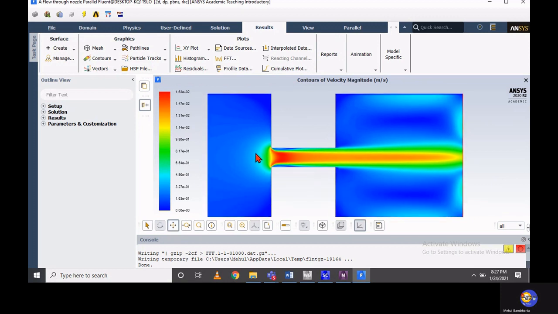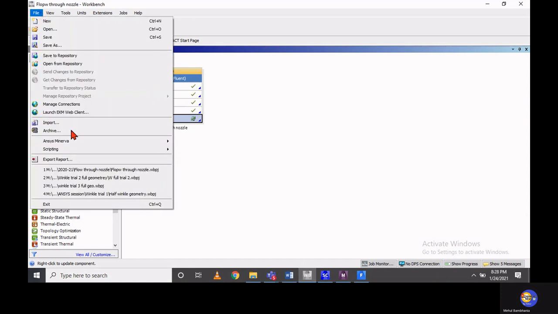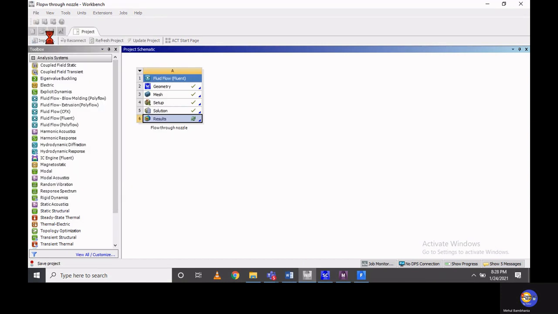This is the velocity contour, which clearly shows that there is a large rise of velocity near the nozzle center core. So before closing this application, you should save your file at the desired location.